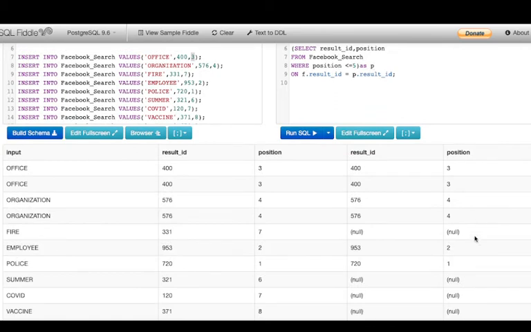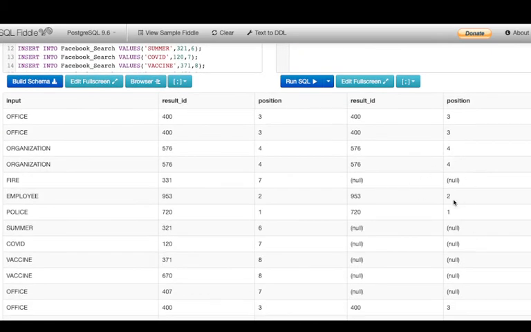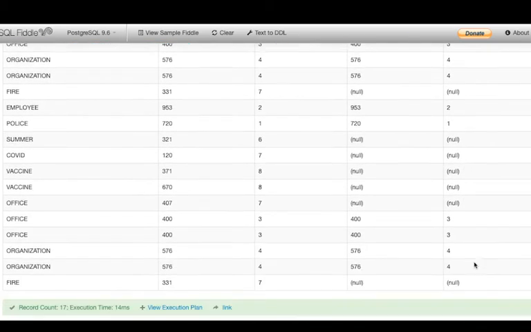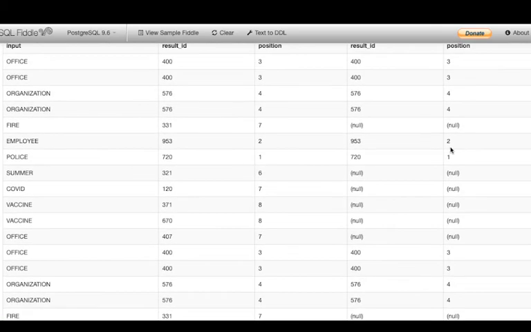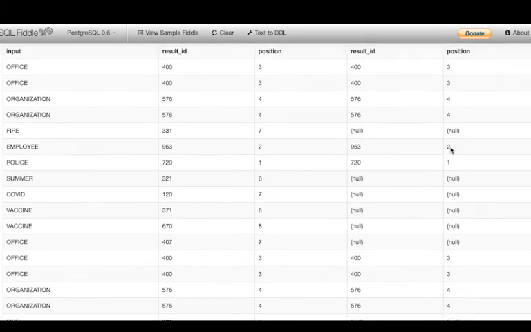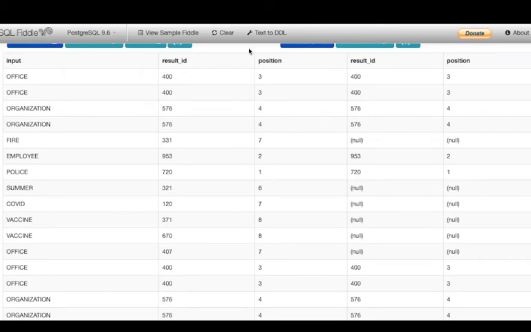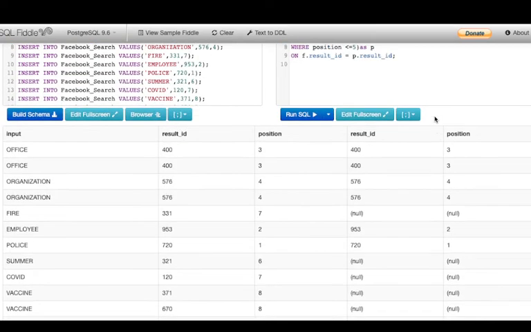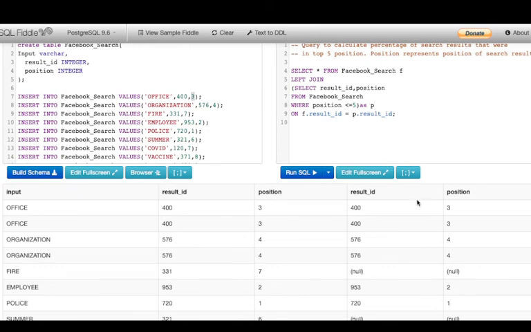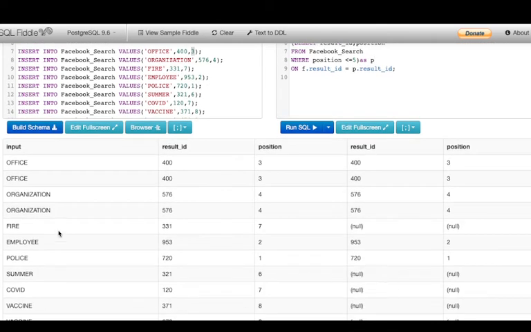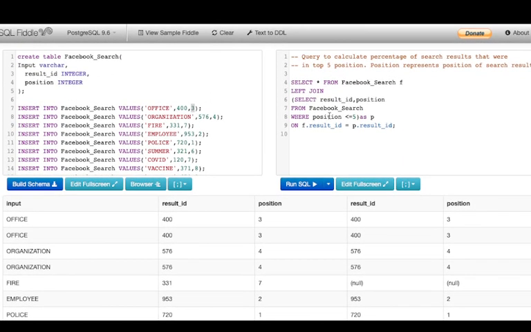So if you see the positions which are not in the top 5, it is displaying null values, right? As simple as that. This will easily help me distinguish between the original values and the values that I have got after running my subquery, which is fetching the top 5 positions in the search result. That is why I have done a left join, so we can have a clear understanding of it.